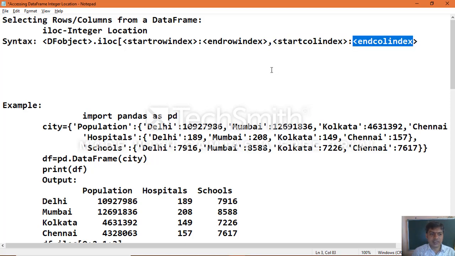So this is the complete syntax which you can follow to use the integer location to access the data from a data frame object.